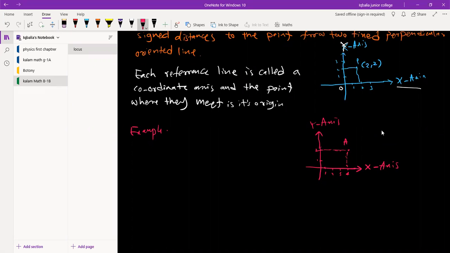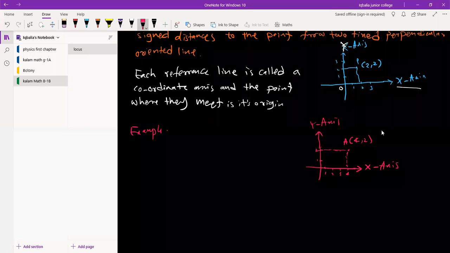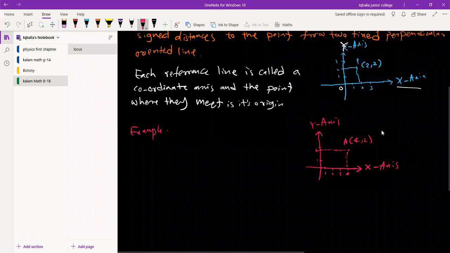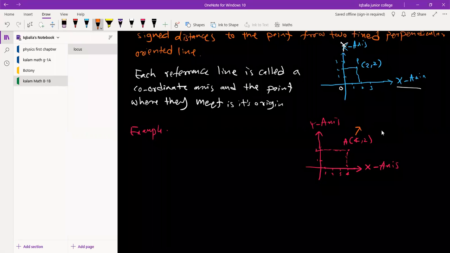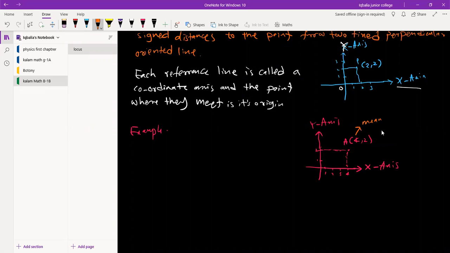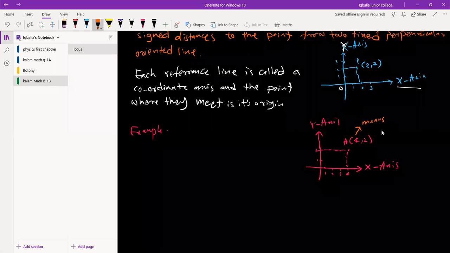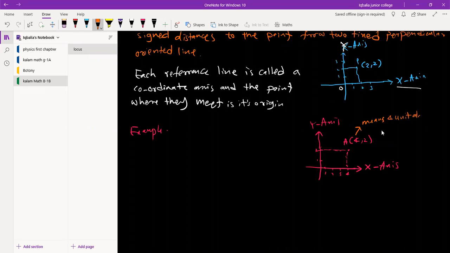Point A exists in a plane or in a coordinate system. The position is (4, 2). Okay, so what does 4 mean? 4 means 4 units along the x-axis, and that 2 means